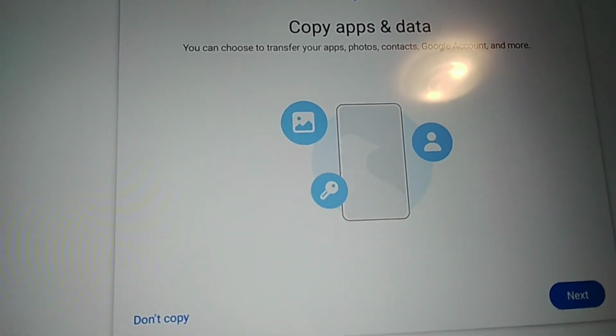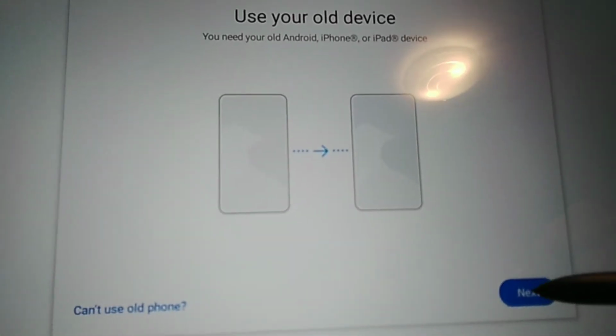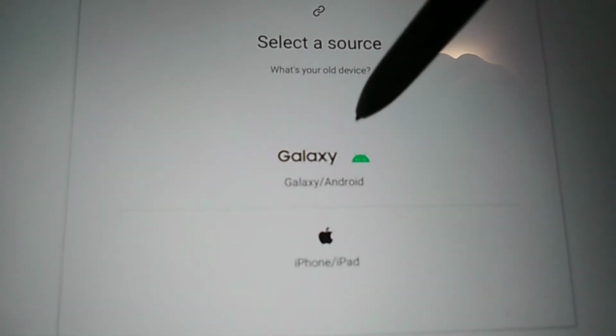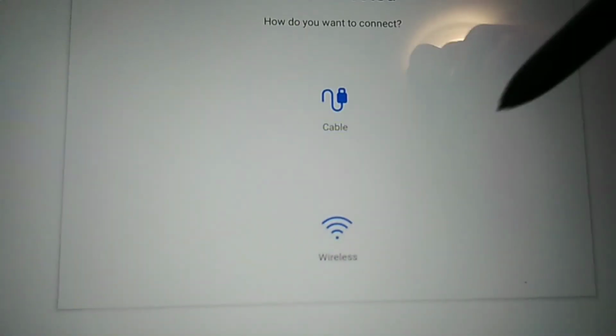And then after that, I'm going next, and I'll just try using the pen this time since I'm kind of new to it. And yeah, so next, yeah, getting your tablet ready. And copy apps and data. You can choose to transfer your apps, blah blah blah. Next. Okay, I already have this installed in my old tablet, so easy. You can press this one, agree, and